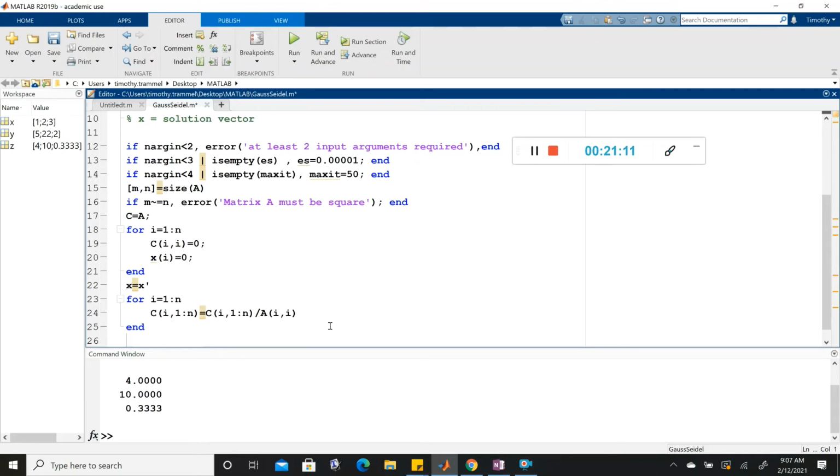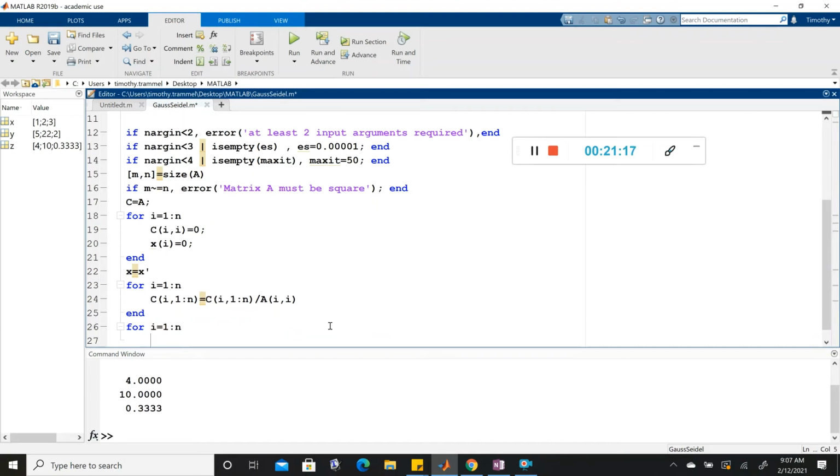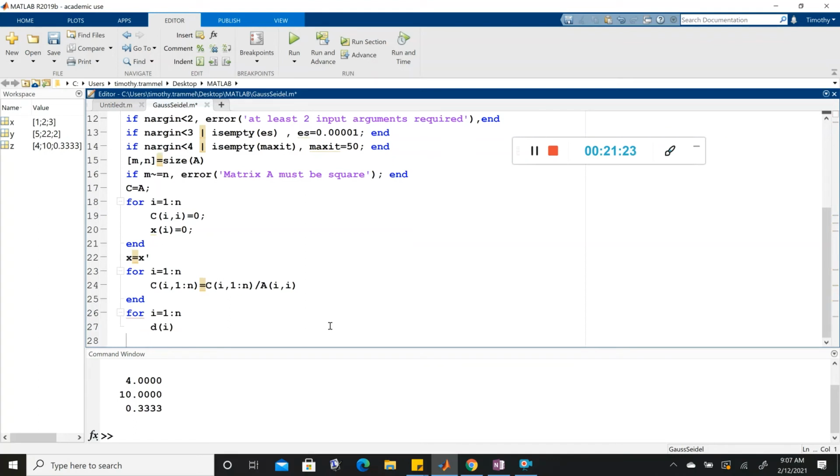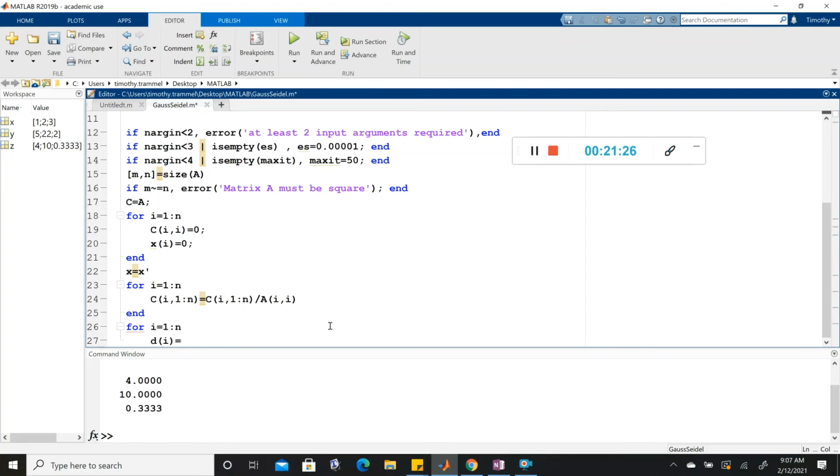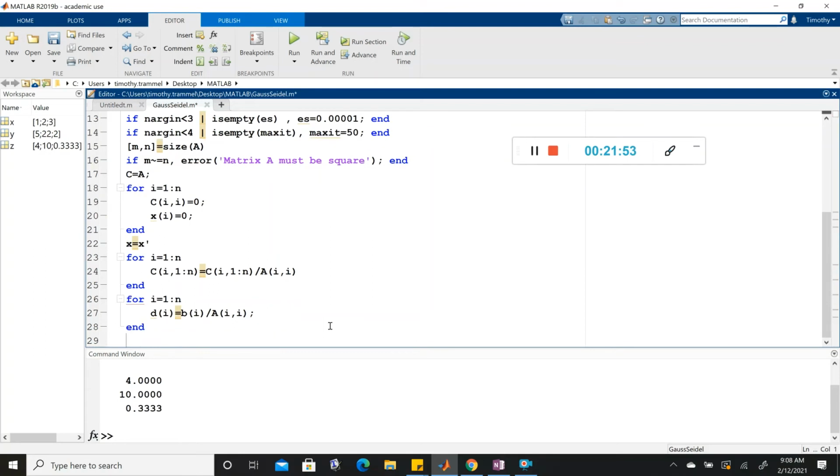And let's also create a vector D. So for I equals 1 to n. And we have D of I. And this one's a little bit easier. You might remember this one was just the B vector. Okay, the B vector divided by the corresponding diagonals. So B1 was divided by A11, B2 was divided by A22, and so on. So the ith element of D should come from taking the ith element of B and dividing that by the corresponding diagonal of A. We can end that. So we've created C, we've created D,